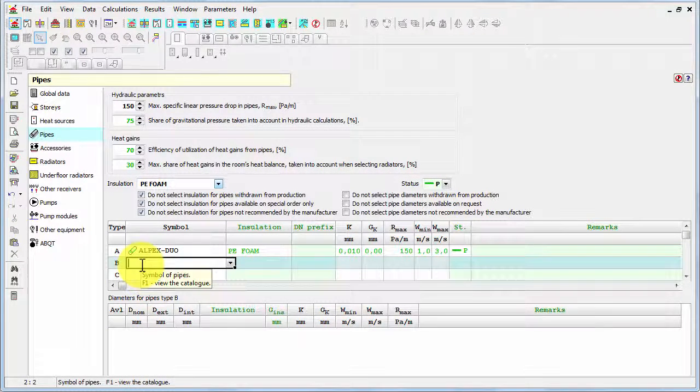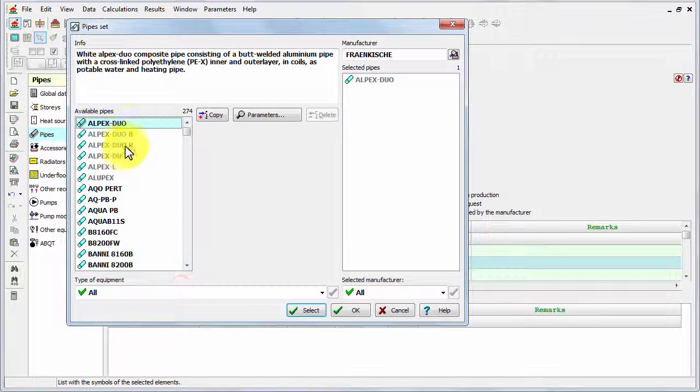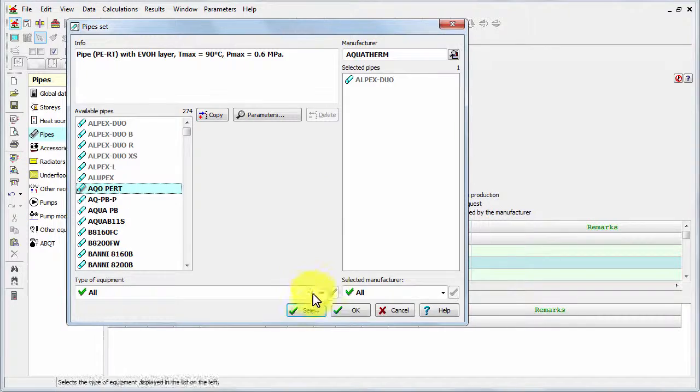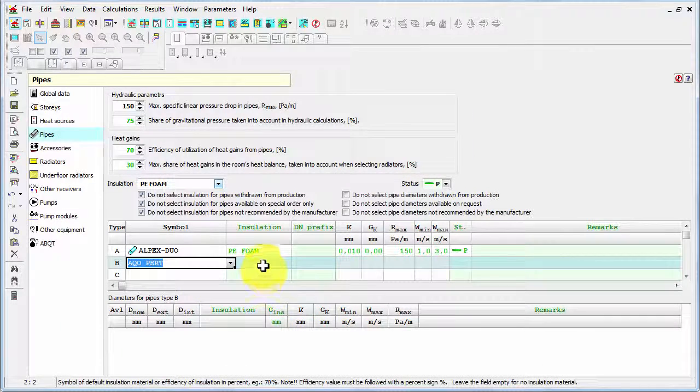In the first row, where we've got the type A, it means that we have associated this specific pipe with the symbol A, and later on in our design we would just use the symbol A, and wherever we use A, the program will know which pipe we wish to apply. We can select more than one pipe. For example, this one as B,